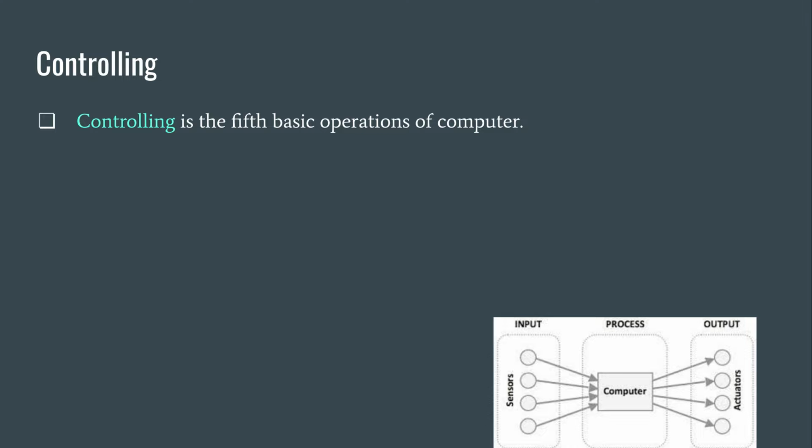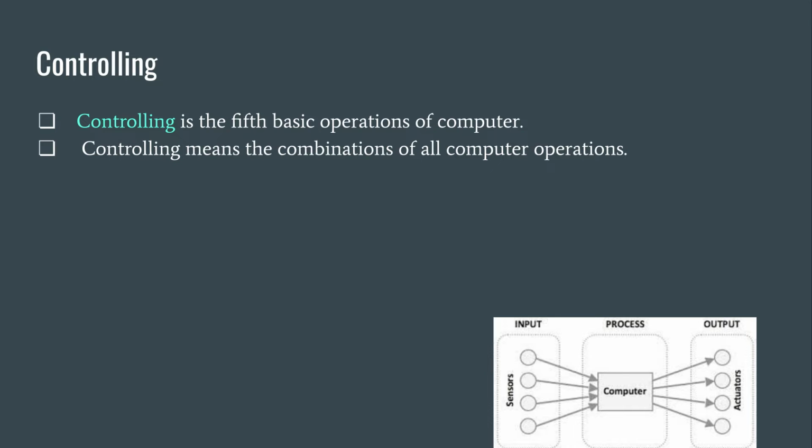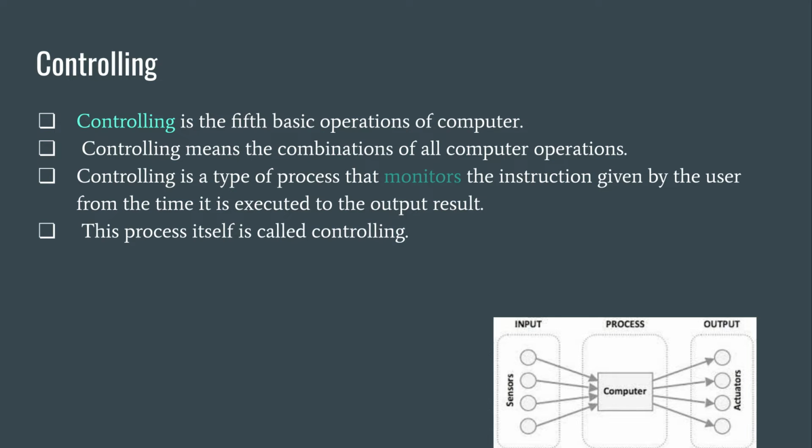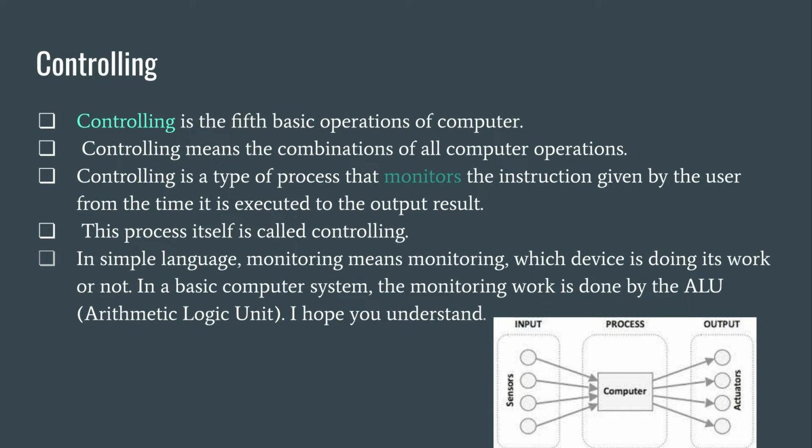Controlling. Controlling is the fifth basic operation of computers. Controlling means the combination of all computer operations. Controlling is a type of process that monitors the instruction given by the users from the time it is executed to output results. This process itself is called controlling. In simple language,